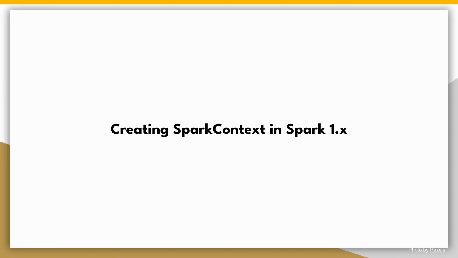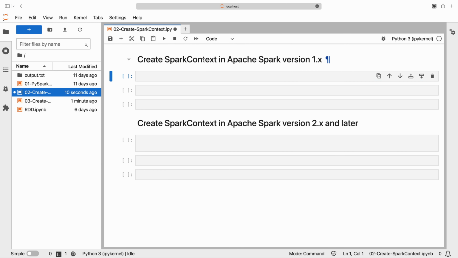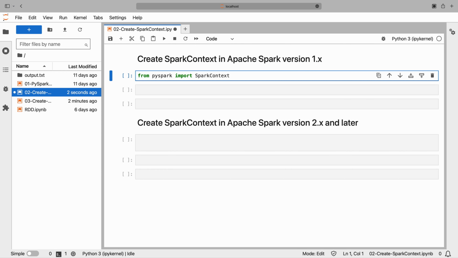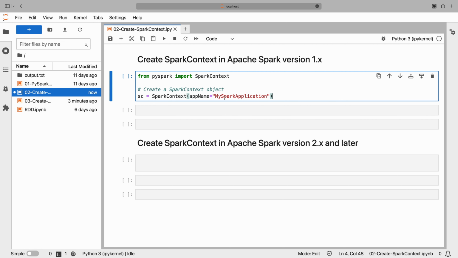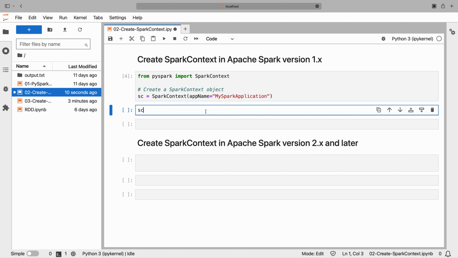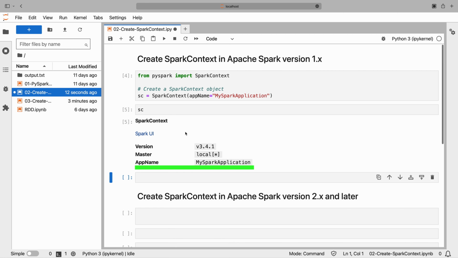In Spark version 1.x, the recommended approach to creating a Spark context is relatively straightforward. We import the SparkContext class from the PySpark module and use the constructor to create a SparkContext object. We provide an application name as a parameter, for example, MySparkApplication. From the SparkContext, we can see that we are running the Spark application MySparkApplication in a local Spark cluster with